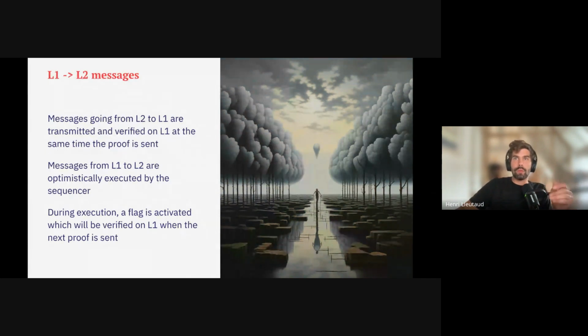So when the next proof is sent to Ethereum, the Starknet core smart contract will do what we discussed so far. It will verify the proof. It will verify that the data was published. It will verify that the messages to L1 are present. It will also verify that all the messages that were executed on Starknet indeed were sent on L1. Meaning you can't execute an L2 message if it wasn't sent, otherwise the next proof is not going to be valid.